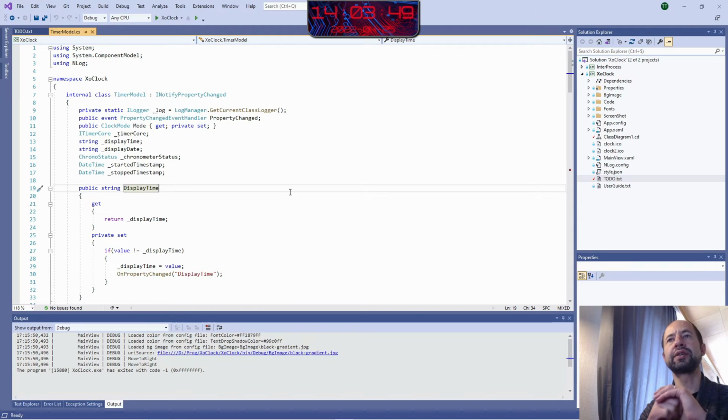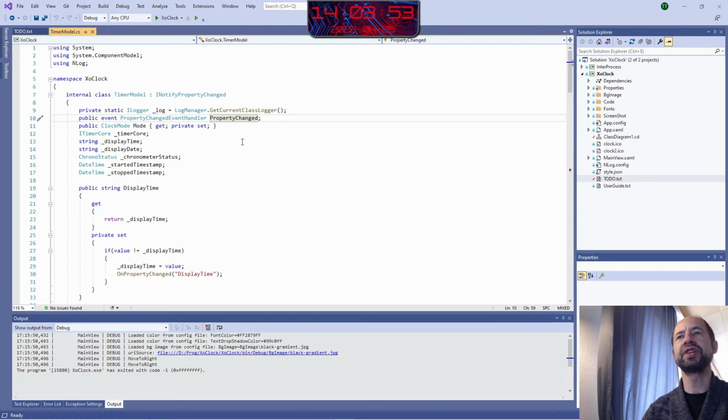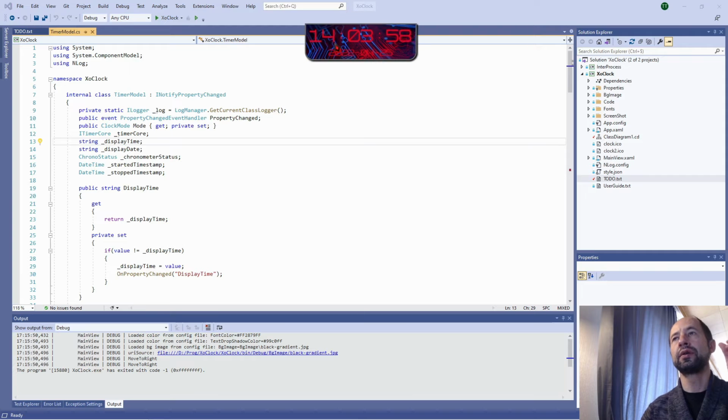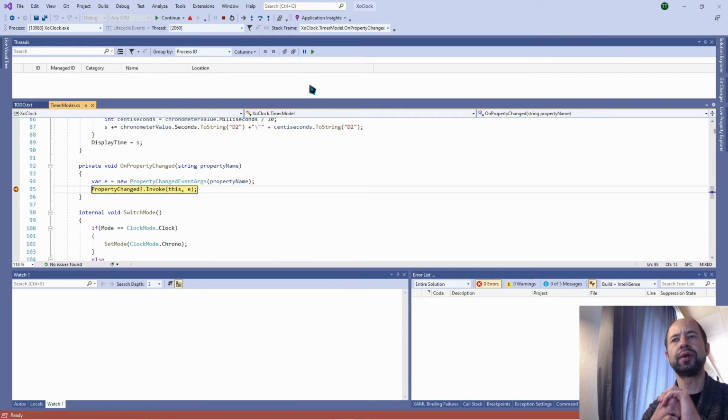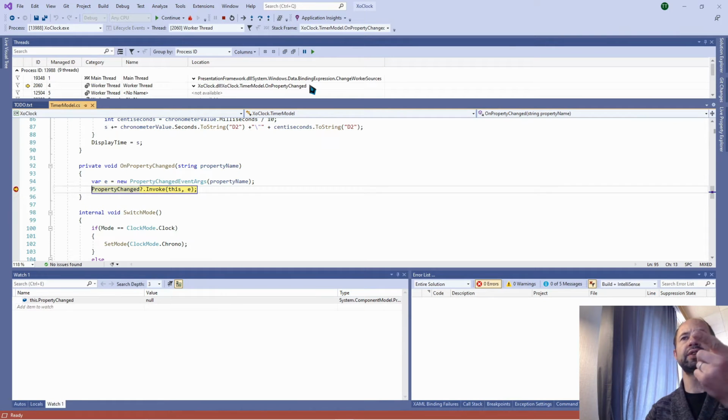Let's check in the runtime how this property change is used. So I'm going to start the program and we'll try to see. Here you see that the property change has been invoked, and it is null.